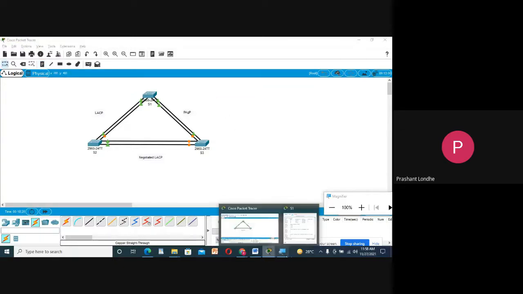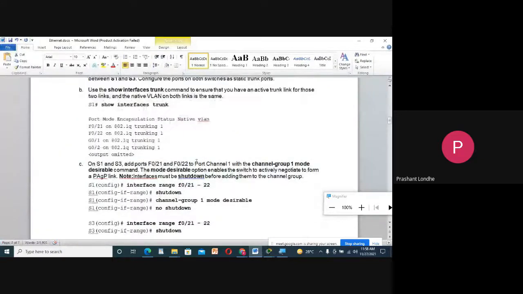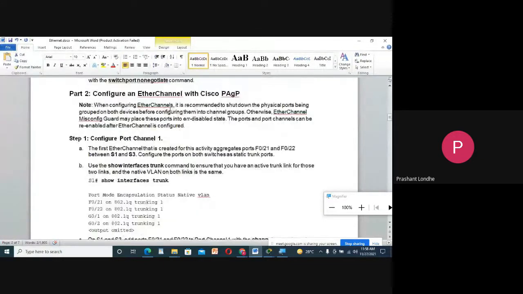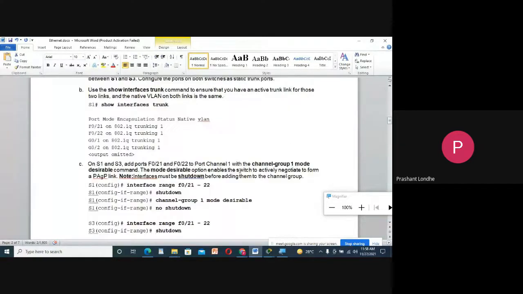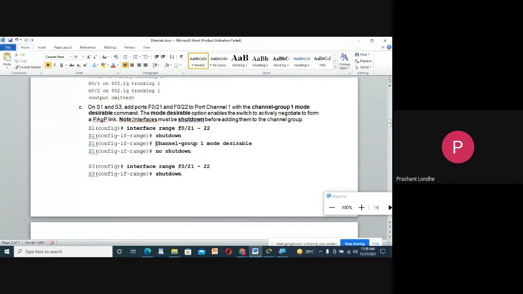So let us start. First, let us check what I have to do. Here you can see configure for port channel 1, that is Cisco PAgP. We need to select the interfaces, then shut them down. So you need to switch off those interfaces and write the command channel-group 1 mode desirable.